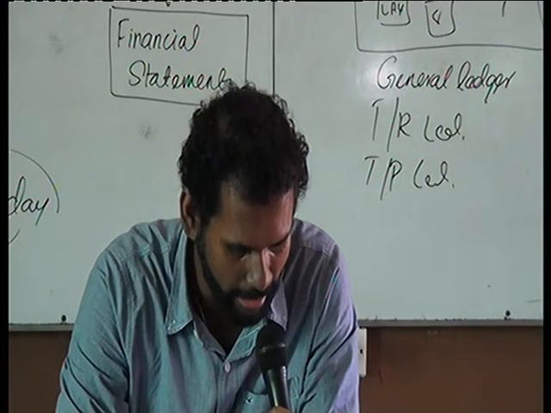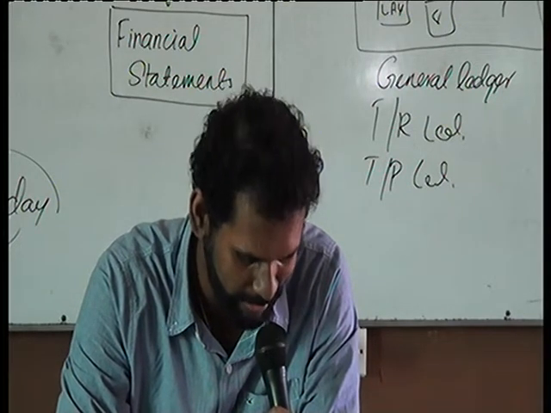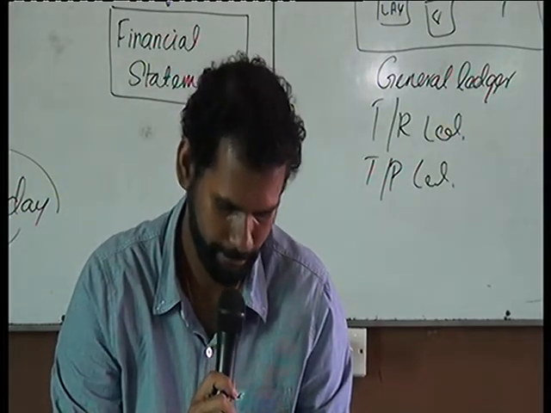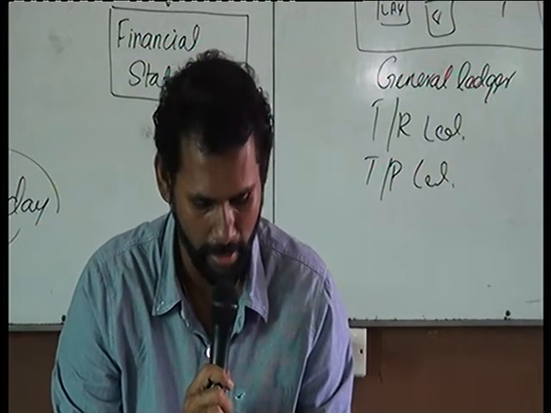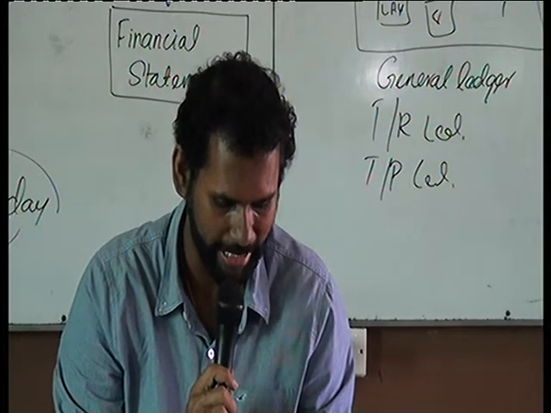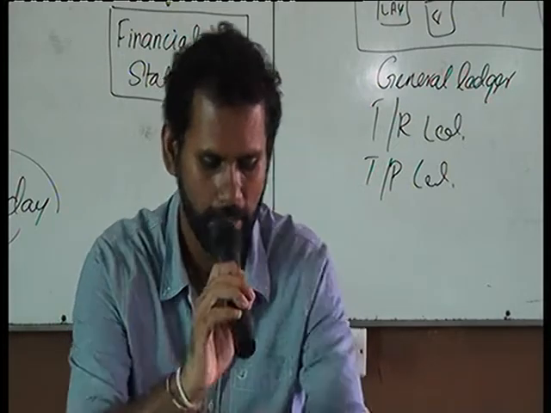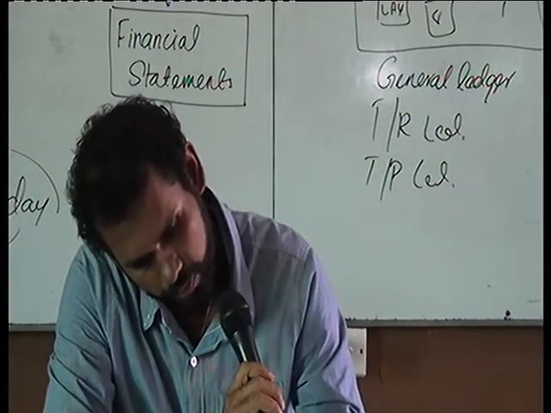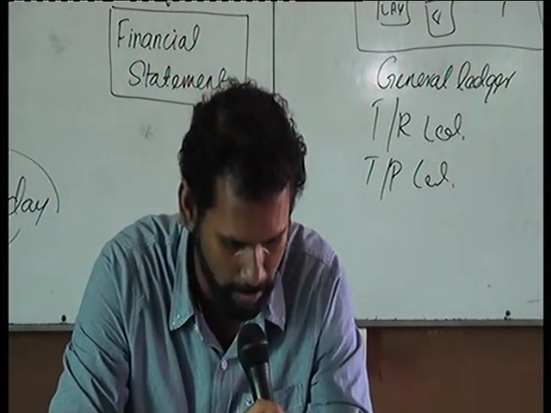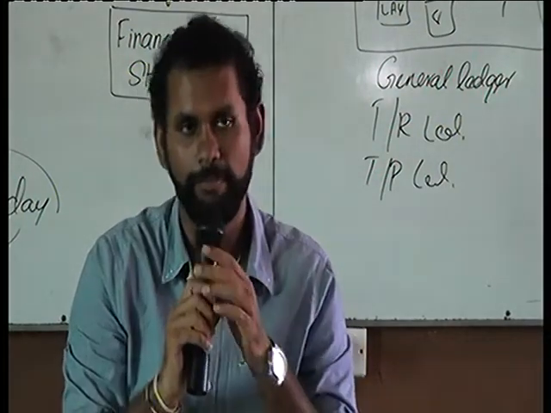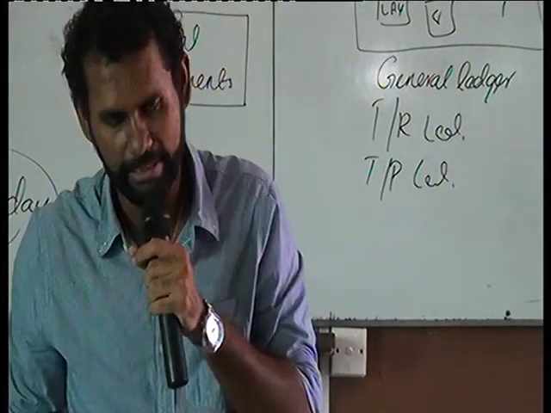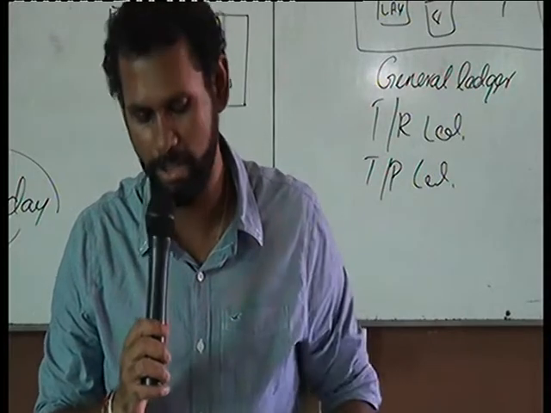There are types of cash books we generally practice. One is the single column cash book, a cash book with a cash column only. The other one is a cash book with a bank column only, where all receipts are banked and all payments are made by check. So different types of cash books are available. Bank column means all the transactions in the company are happening through checks. Then we have only the bank column in the cash book.